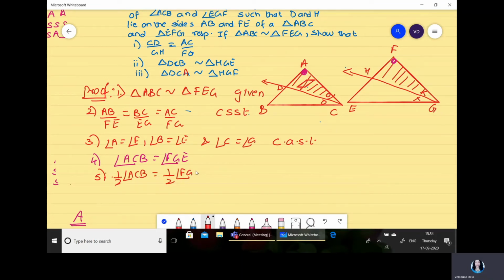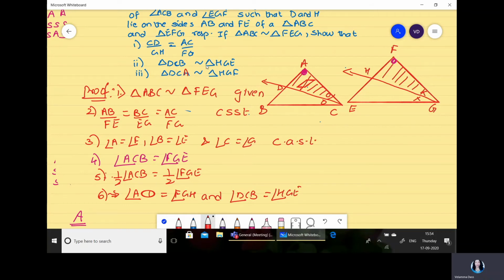If you say half the angle, it means there are two parts. Here also, this implies the sixth statement. We can say angle ACD will be equal to FGH. We can also say that angle DCB is equal to HGE. Indirectly, both the angles are equal to each other because the whole angles are equal, so half of that. Suppose this is 70 and 70, so half of it is 35. So all the four angles will be equal to each other.